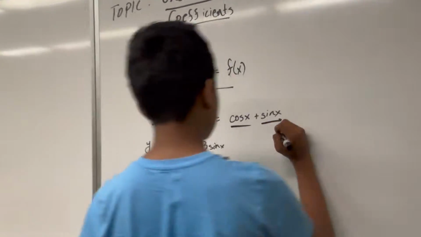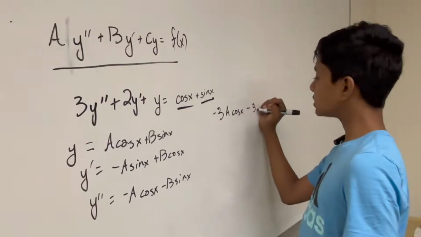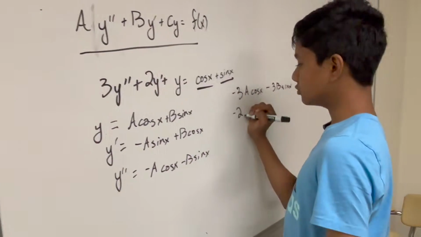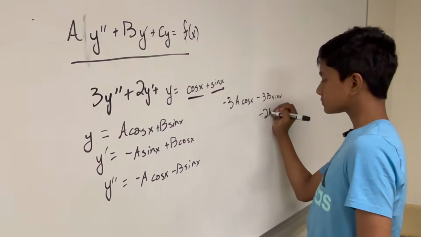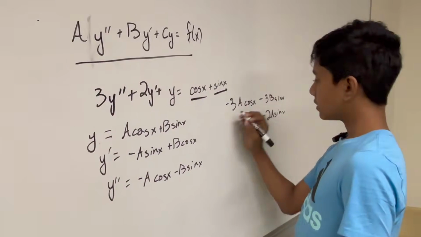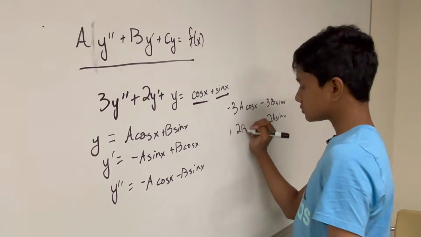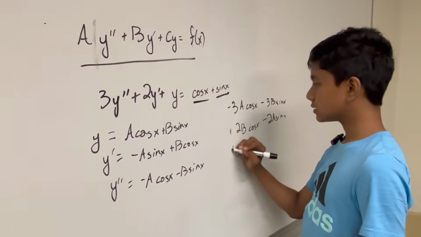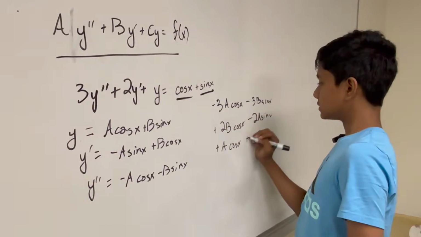So that gives us minus 3a cos x minus 3b sine x, minus 2a sine x, which I'm actually going to line up, plus 3b and 2b cosine x, and then plus a cosine x plus b sine x,